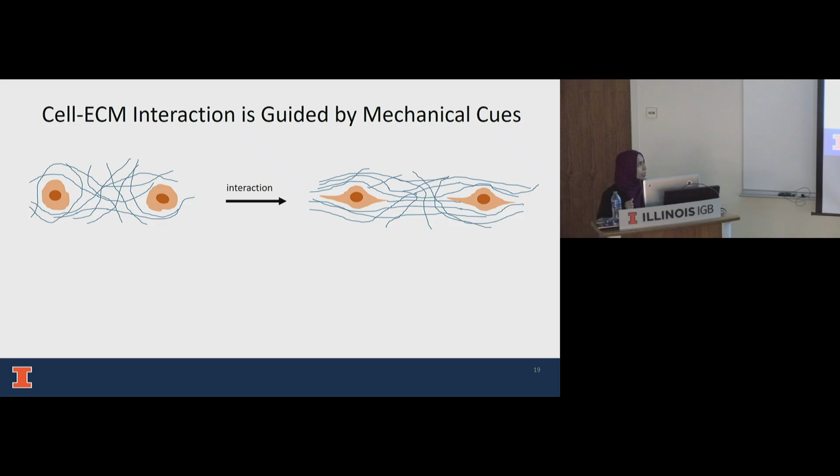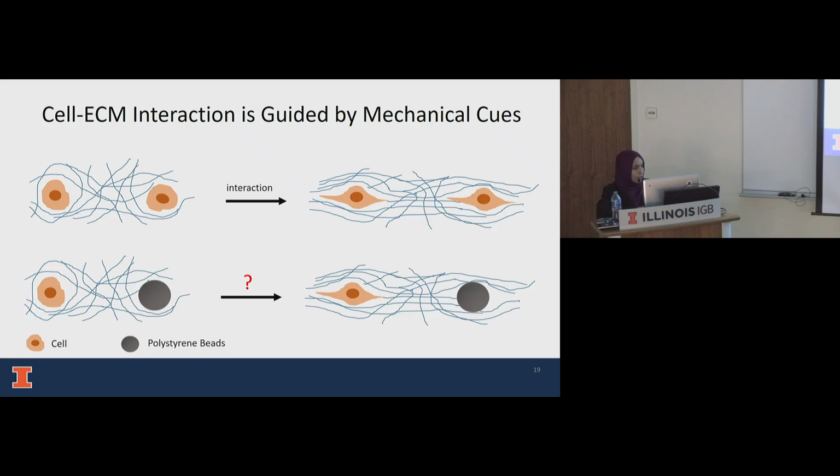To do that, we thought of replacing some cells with inert polystyrene beads, which have dimensions similar to the cell, about 15 microns. These beads are chemically inert, but they act as solid inclusions in the ECM, which locally increases the stiffness of the ECM. So we wanted to see if that local stiffness gradient would make the cells elicit a similar interaction to what we see when there are two cells around. The beads won't actively pull on the fibers like a cell, but they would provide a higher local stiffness.